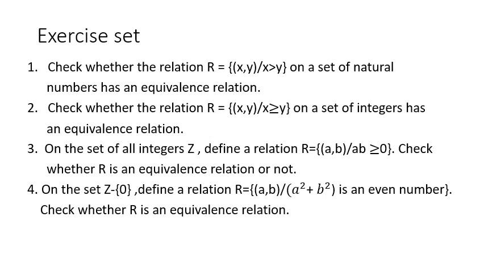For example, if we take the ordered pair (1, 7), 1 square is 1 and 7 square is 49, so 1 plus 49 is 50, which is an even number. So you can include the ordered pair (1, 7) and the ordered pair (7, 1), like that. So can we take ordered pairs (A, A)? That means if we take (1, 1), 1 square plus 1 square is 2. Then if we take (2, 2), 2 square plus 2 square is also even. Okay, so like that you have to check whether it is reflexive, symmetric and transitive.